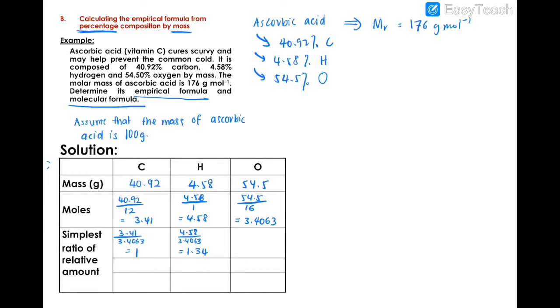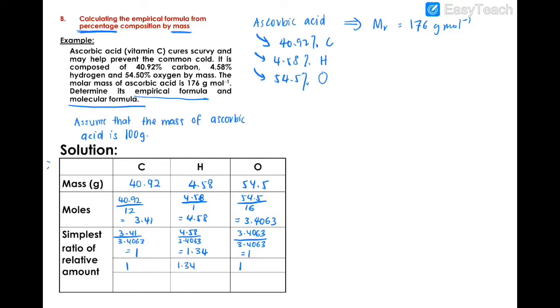Okay, so kelas, 1.34 is not plus minus 0.1 to a whole number, kan. So disebabkan dia bukan plus minus 0.1 kepada whole number, we cannot round off terus nombor ni kepada 1. Tak boleh, okay? So kita tulis dahulu 1.34 dekat situ. Nanti kita tengok macam mana nak buat tu. And oxygen pula, obviously since dia bahagi dengan mole dia sendiri, kita akan dapat 1 lah. Okay, jadi kita punya ratio now adalah 1,